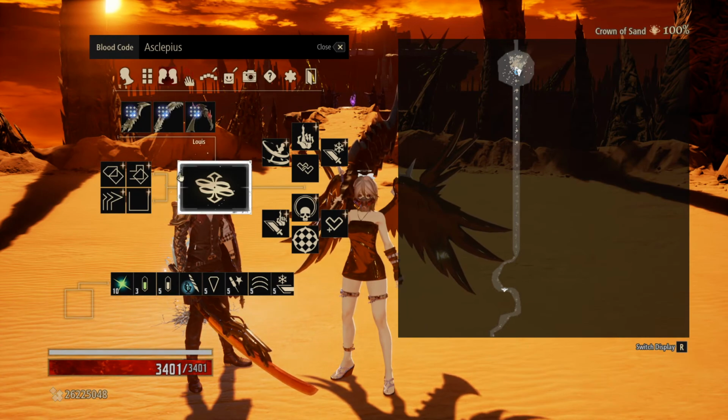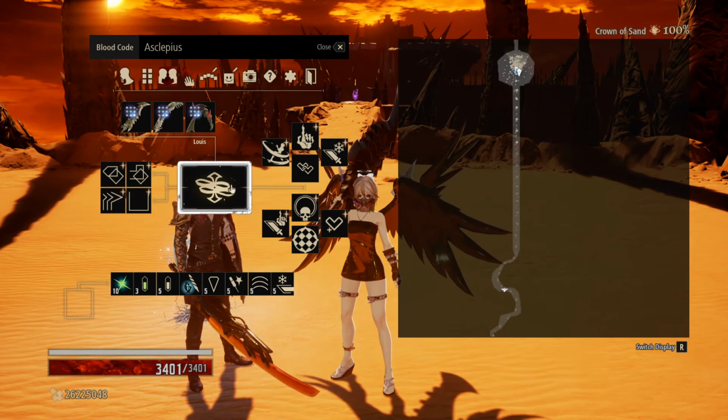But that's what I wish I would have known at the beginning: just go and test. Oh, you picked up a new sword, go back to home base, try out what you got, look at the different codes, and see how they work out. So that's what I would say would be